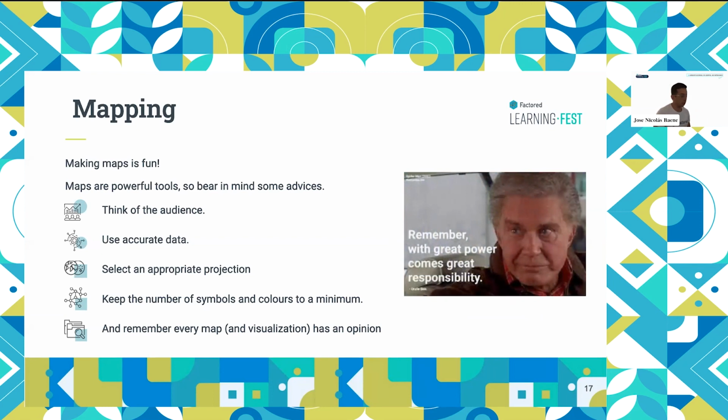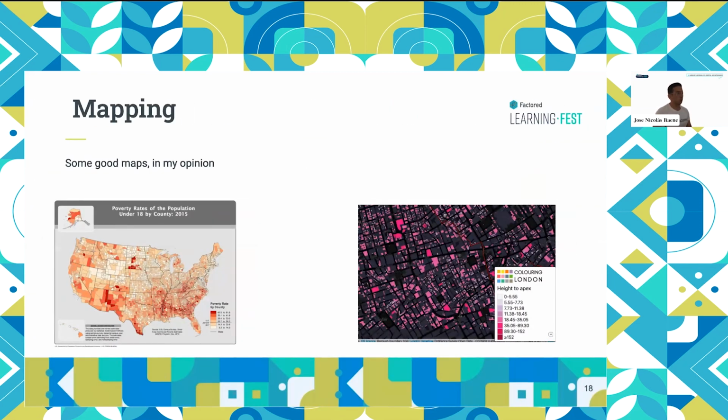So that's another advice. I wanted to show you very quickly some good maps. Good is a relative term. Maybe it's good for me, someone can think that it is bad, but I will tell you why I think these maps are good. They have a very simple symbology, so they use a very small count of colors to show the data. They highlight, for example, Hawaii and Alaska, which are areas that usually get forgotten during the map making, and we shouldn't leave anyone out. The boundaries tell me the states, but also the counties. So this is a very good one.